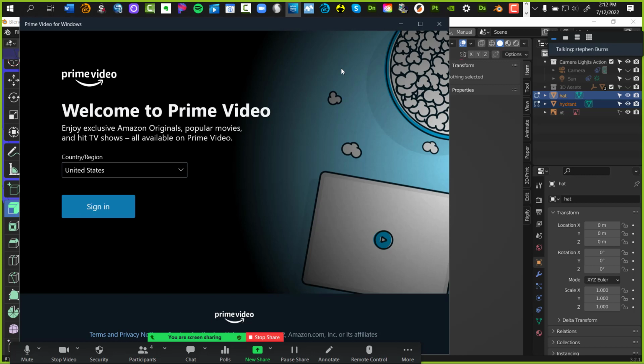Okay. Now go to edit mode for the hat. Let's go to object mode, my fault. Go to object mode. Tab key, please. Activate the hat by clicking on it. That's the hat. Now go to edit mode.